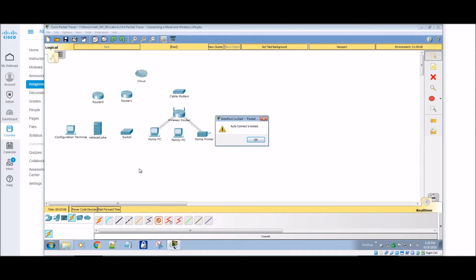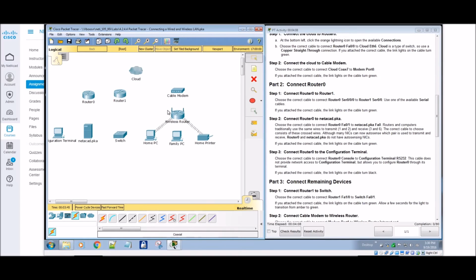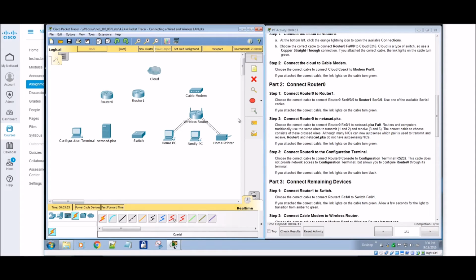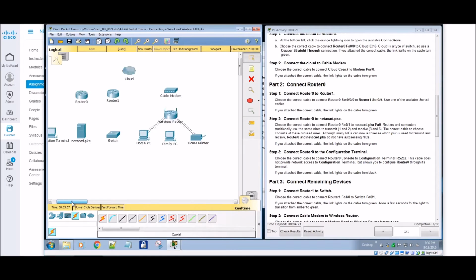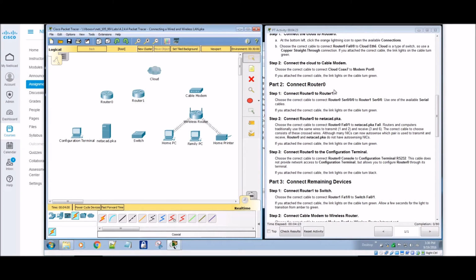But if you do the cheat way, see, it's going to do... Oh, they do have it locked. They have the automatic locked on this lab, so that's good. So what I'm going to do here, I just changed my view around a little bit, so I'm able to show both the workspace here and what we're actually doing.